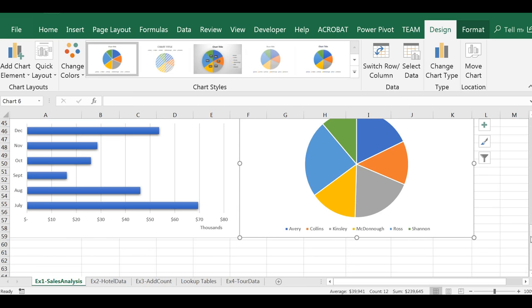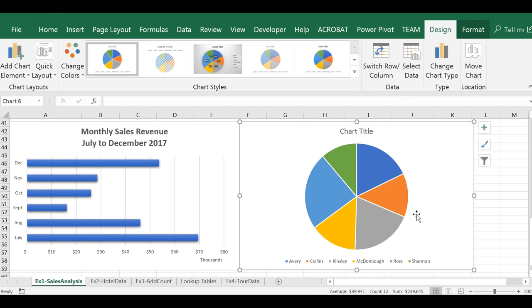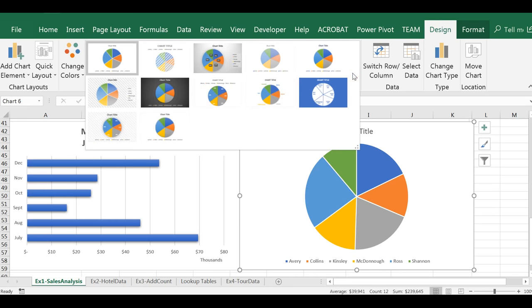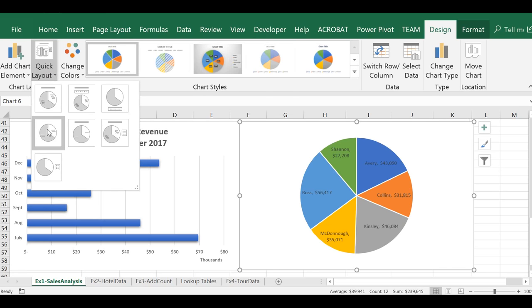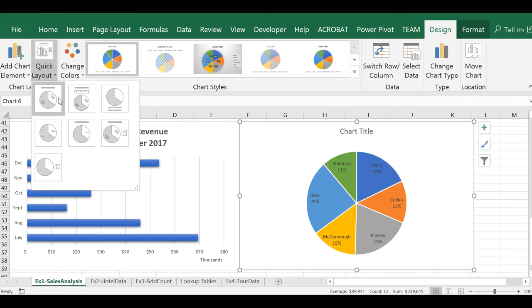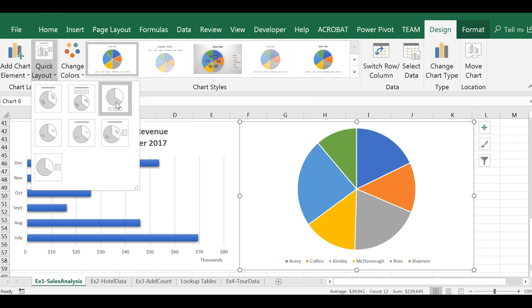Okay, so now we have the pie chart, and it's not very easy to read because it doesn't even show us which salesperson this corresponds to. We need to cross-reference it down here, and we don't have the percentage either. So if you look up here, there's a design tab. If you look up here, there's a quick layout under the design tab, and you'll see that there are a number of layouts. If you point your mouse to each of the layouts, you'll find that some layouts will